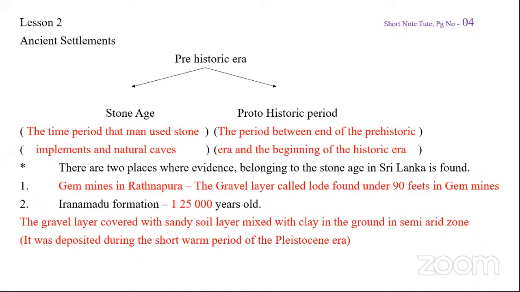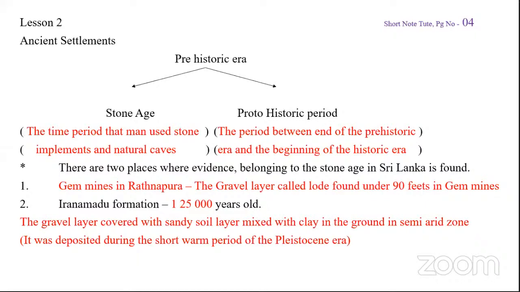Even the Ratnapura region had been covered with soil, and everywhere in Sri Lanka had been covered with soil. So in the gem mines in Ratnapura also, we have to dig like 90 feet down. When we dig 90 feet down, we will find a gravel layer called lodes. In that lode layer only we find the evidences regarding